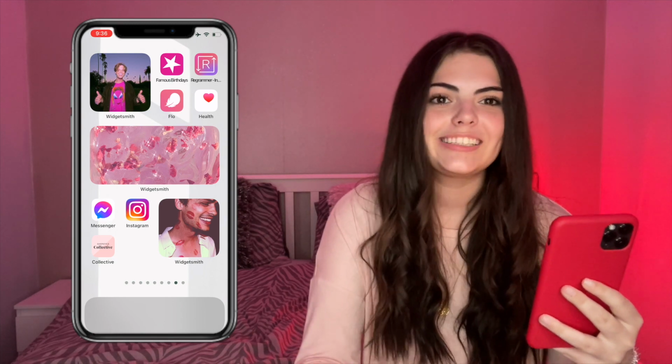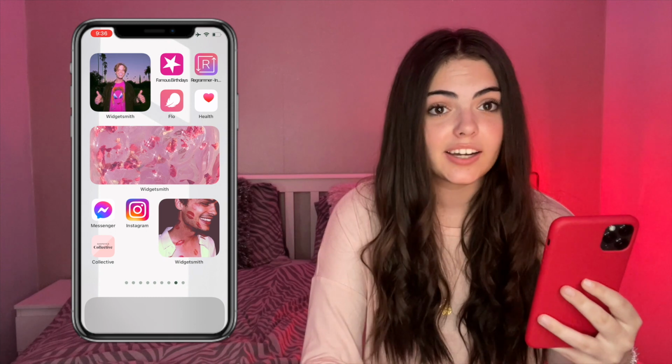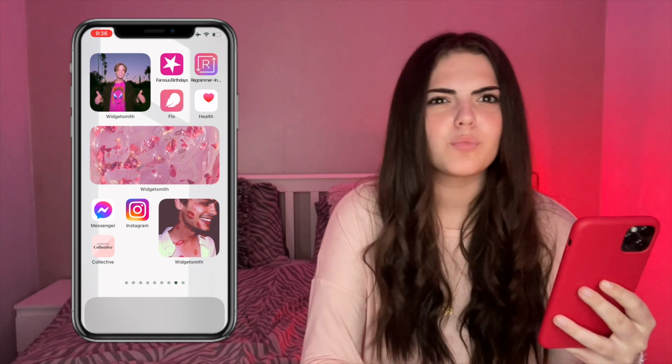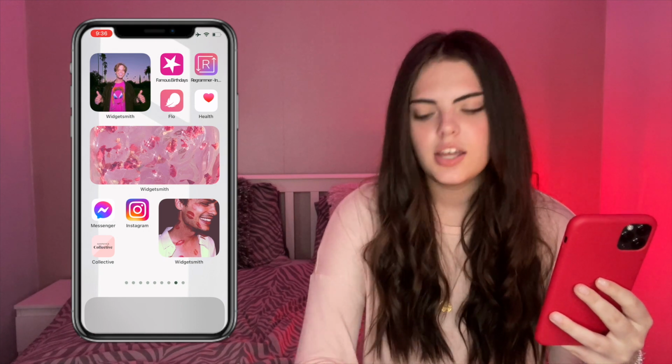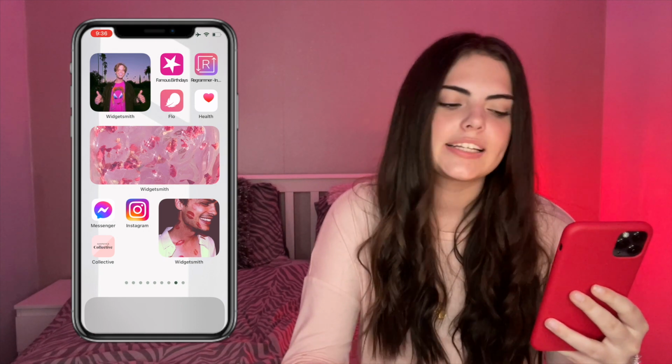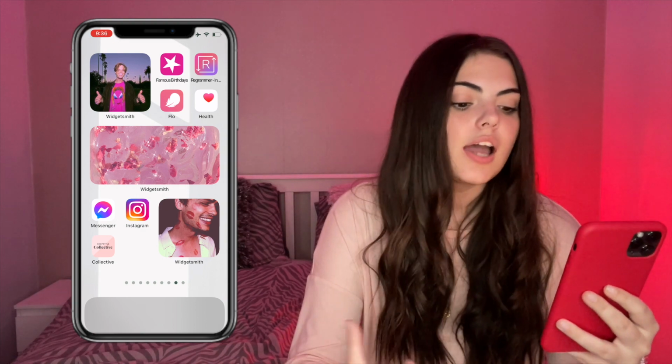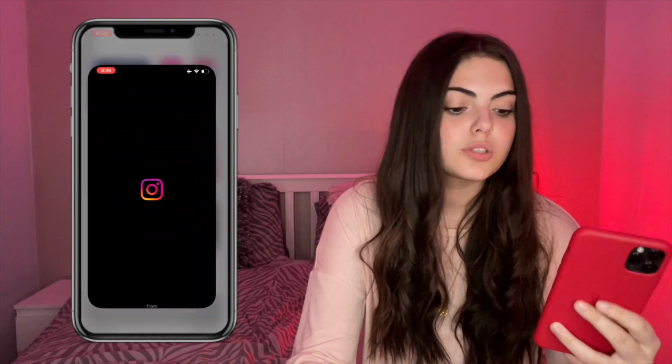Then we have Flow, which is my period tracker, amazing, love her. Then we have Health, which I just use for my watch, I think. I think I deleted that, but just to access certain things on my watch, I needed to have the Health app. So that's just on there. I have Messenger, which is just for Facebook. Instagram, if you go to my Instagram,